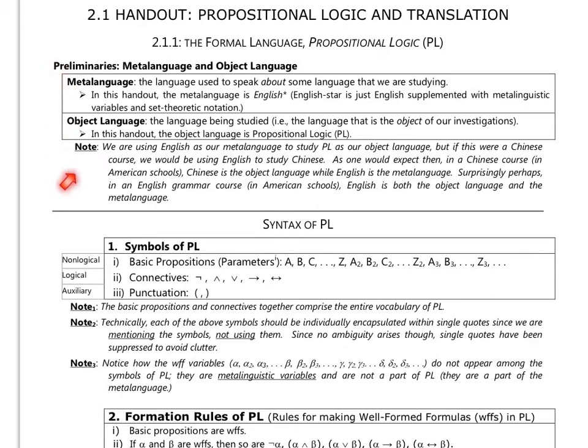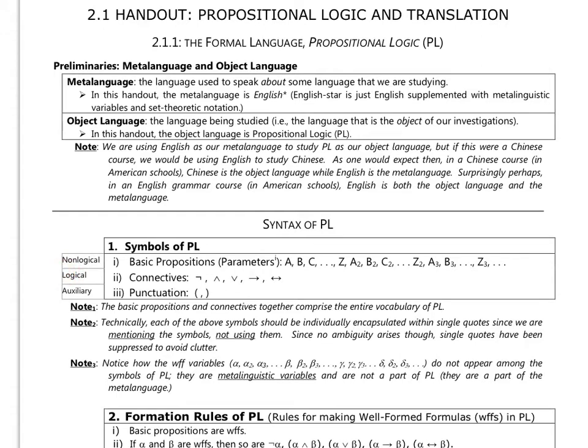I'll leave it to you to read all about it, but I'll just make a few comments about this that don't appear on the handout. It mentions that we use English star as our metalanguage, and English star is just English supplemented with metalinguistic variables and set theoretic notation. English star is actually also English plus all of the formulas and symbols of PL. We need all of those formulas and symbols of PL so that we can name formulas of PL and say